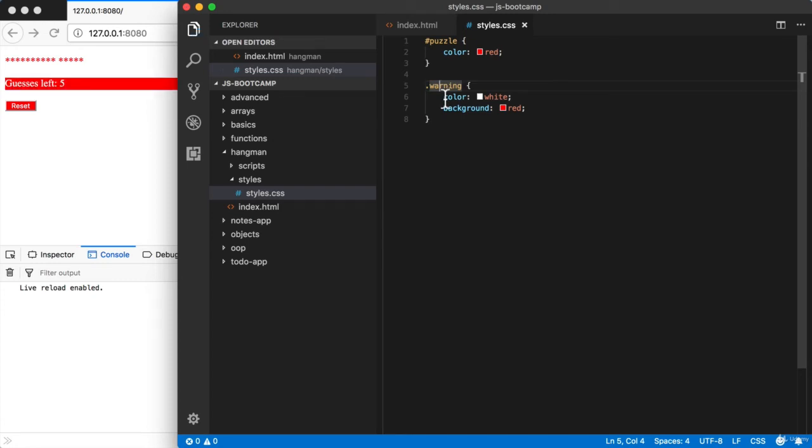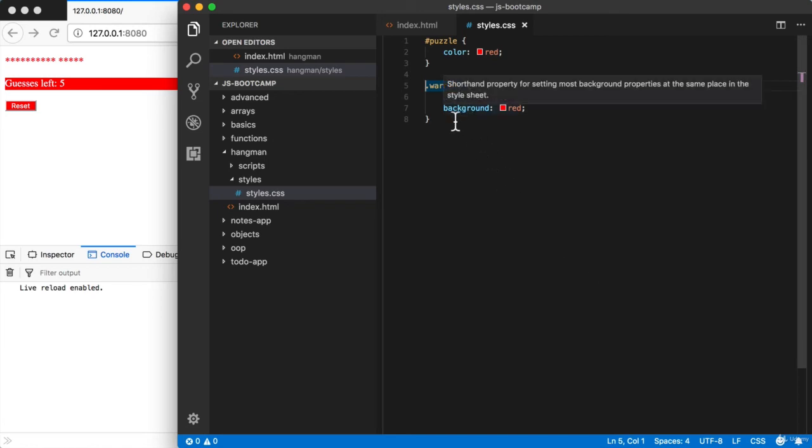If I save the styles file, we can see that is exactly what happens. Right here for the paragraph, we have a red background with white text, and we have the exact same thing down below for the button. So now we have a single style rule that allows us to style multiple things on the page by targeting by class name. One of the last things I want to cover is how we can set up a rule